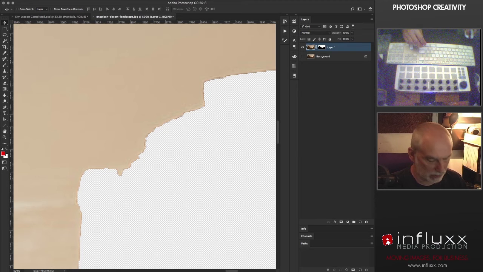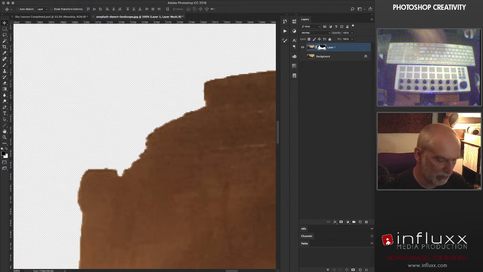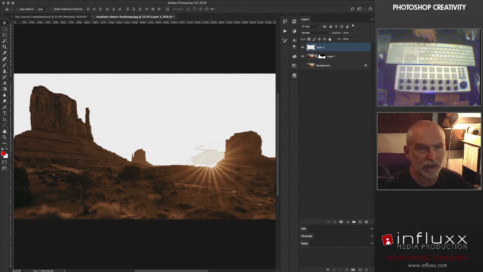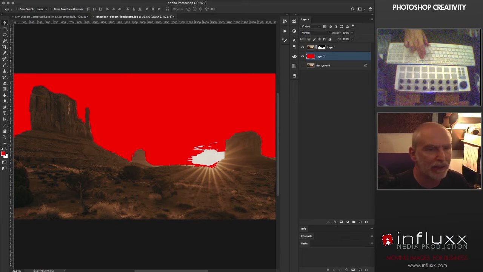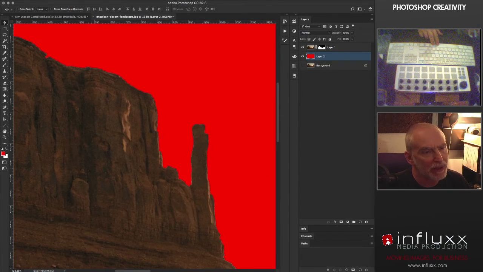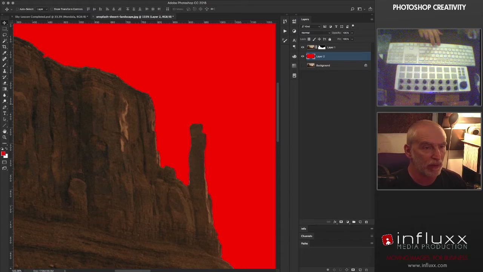Now if I invert that mask so I can see what the foreground looks like, it doesn't look too bad, and I'm going to just temporarily add a layer beneath that with a bright color, so I can see how that selection, yeah, okay, that's not too bad. Okay, so I think what I'm going to do